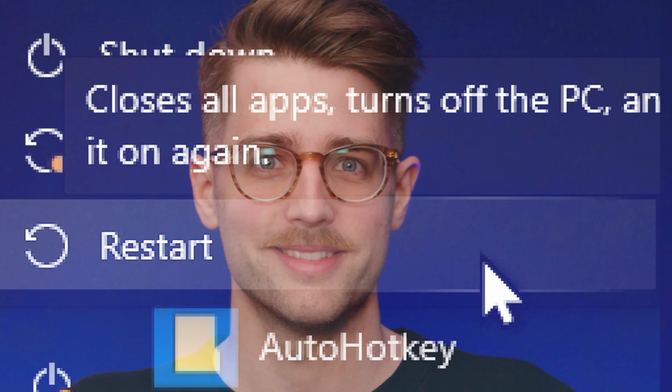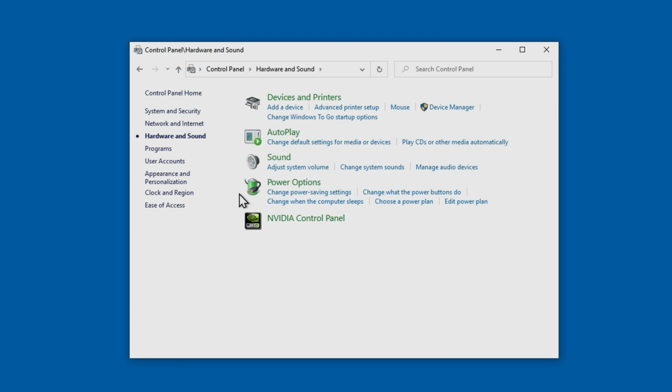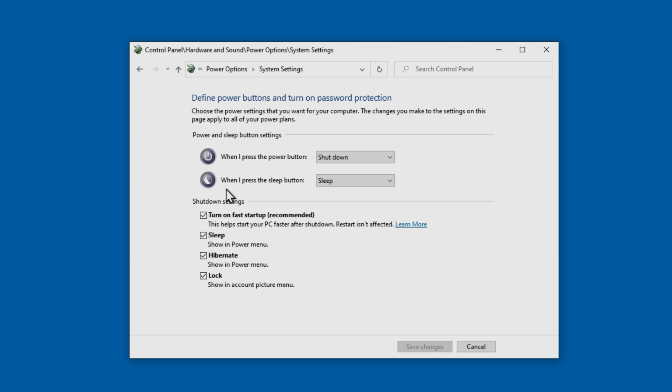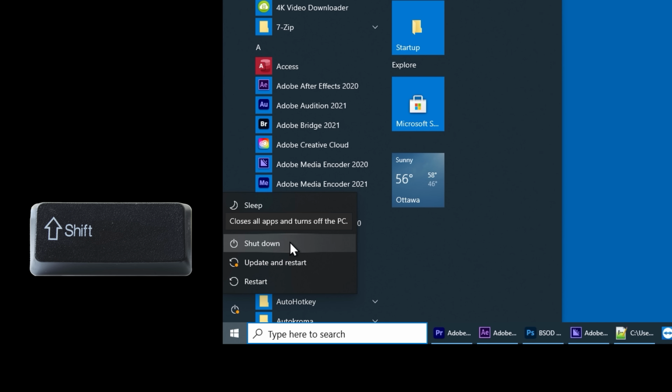Wow, that's wild. But there are ways around Fast Startup if you want to ensure your computer is completely clearing out its current state every time you turn it off. You can simply disable Fast Startup by going to Control Panel, then Power Settings, then Choose what the power buttons do. Not the most obvious place to find it, but at least it's a simple fix. You can also leave Fast Startup enabled and perform a full shutdown on demand by holding the Shift key when clicking Shut Down from the Start menu.